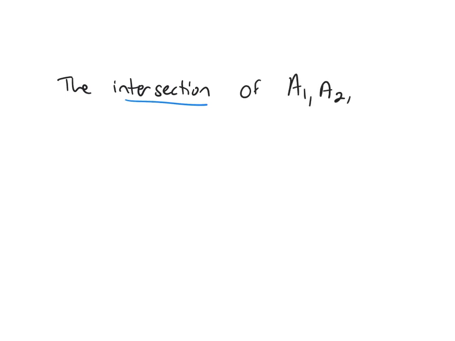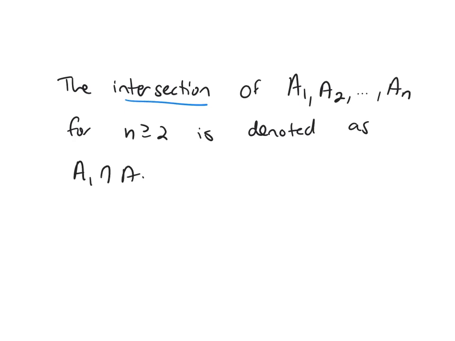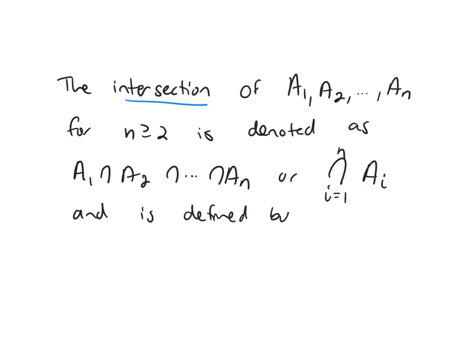So now that we know about unions, we can talk about intersections. And so the intersection of the sets A1, A2, up through An for n greater than or equal to 2 is denoted as, you can either write A1 intersect A2 intersect An, or you could also write this as the intersection from i equals 1 to n of Ai, and is defined by